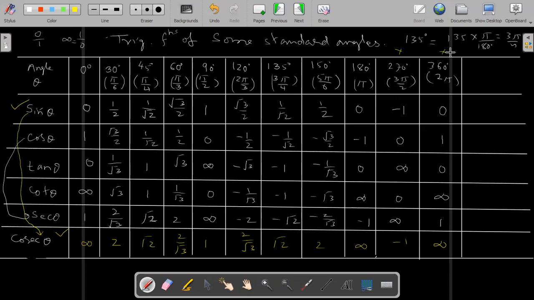360 also you can remember, because 360 is always equal to 180 degree. 180 degree, 360 degree. At 180 only the sign is changed here. Here sign will not change. Here sign will change. Only in cos sign will change. Otherwise, it has same value as 180 degree. So it depends on the graph also.